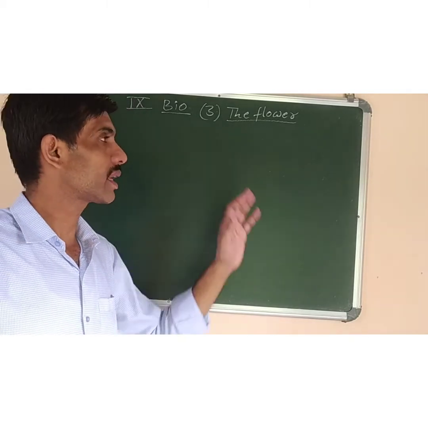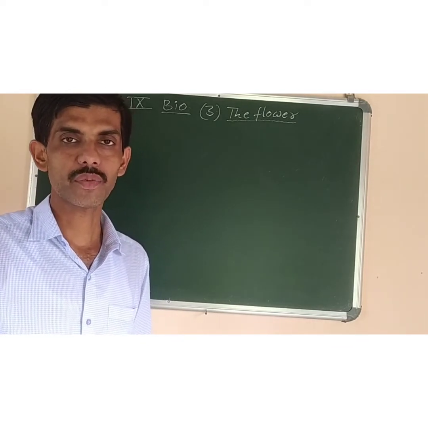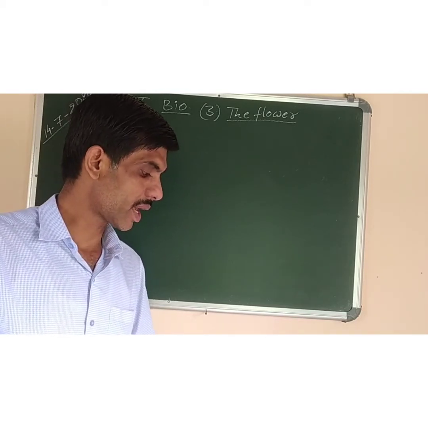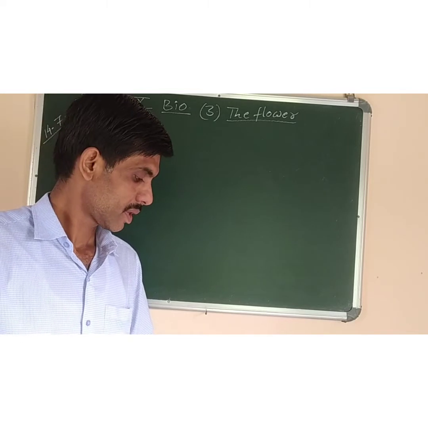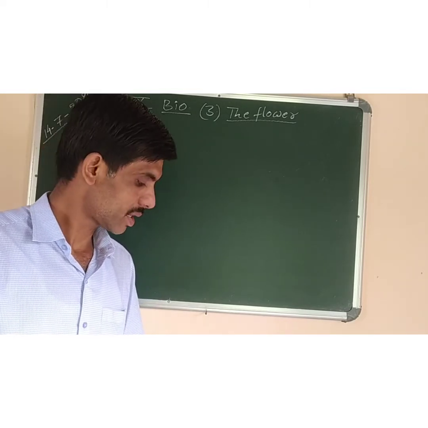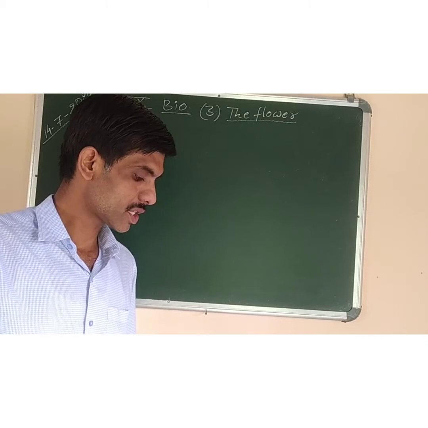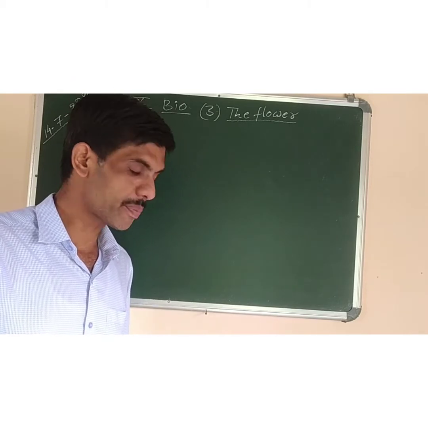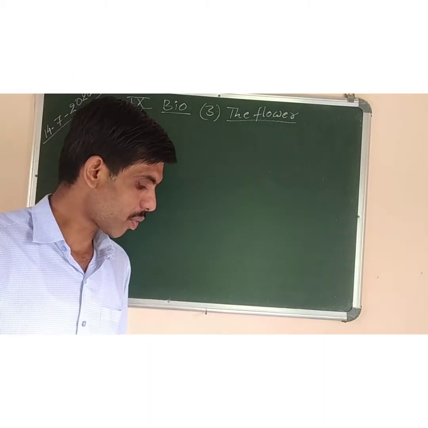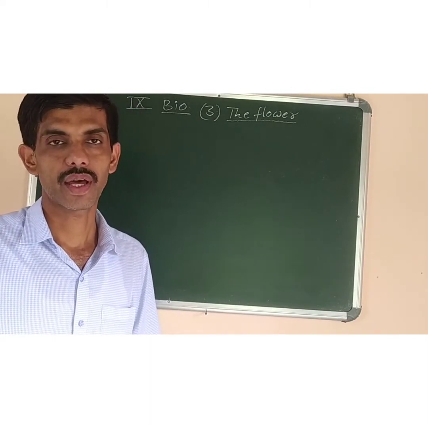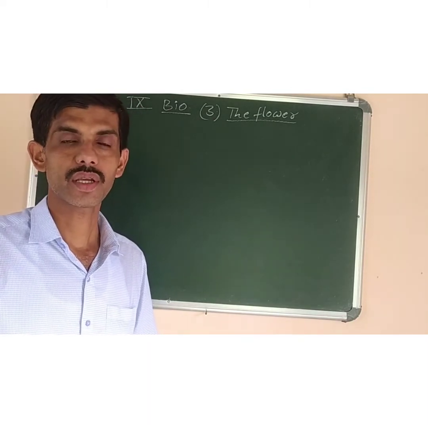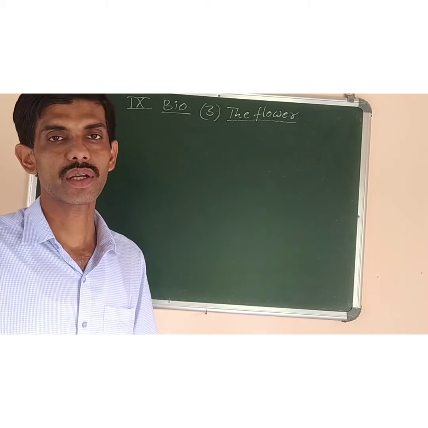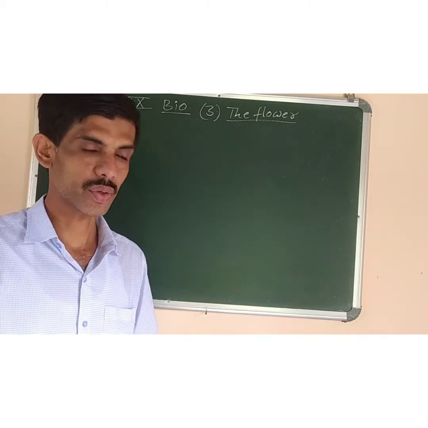Now, before starting the third chapter, the flower, I will discuss some questions of chapter 2 which are given in your book. Like question number A, multiple choice questions. You know very well, you have to choose one of the correct answers. Like cardiac muscles is found in, what is the place where it is found? Heart you can write. Now question number B, short answer, define. Number 1, tendon. Tendon is a type of connective tissue which connects muscles with bones. Just like ligament is a type of connective tissue which connects one bone with the other at the joints.